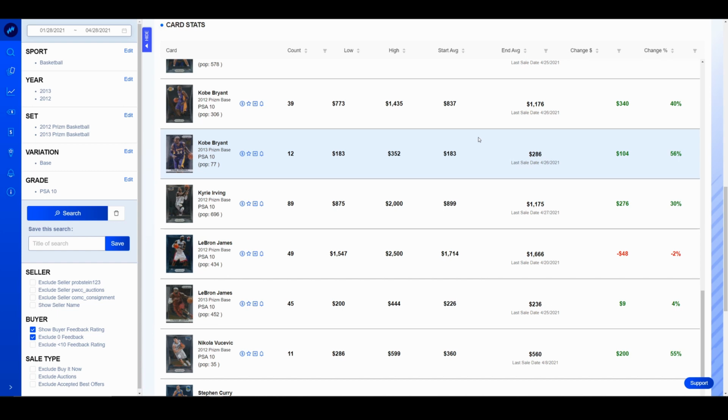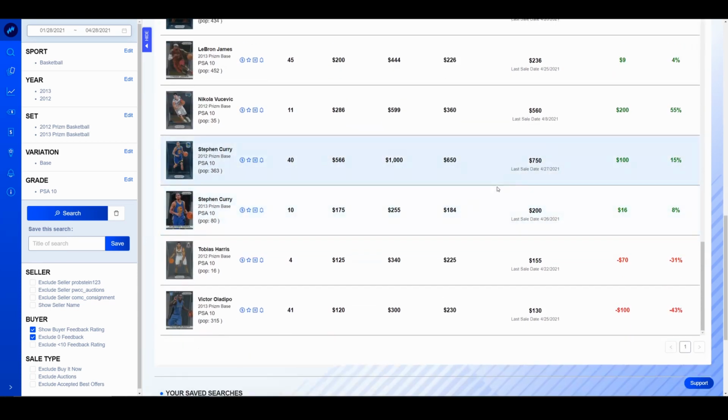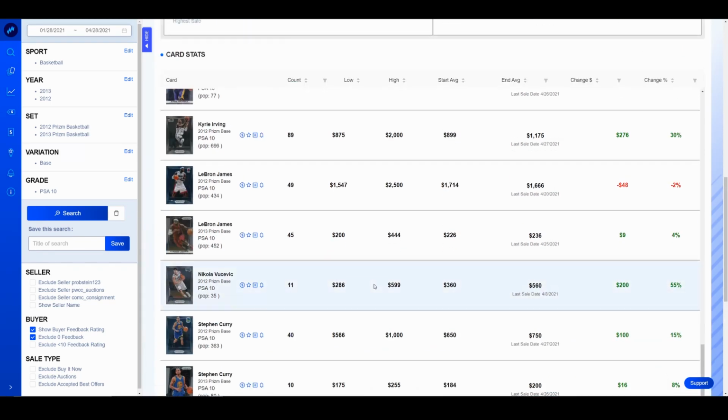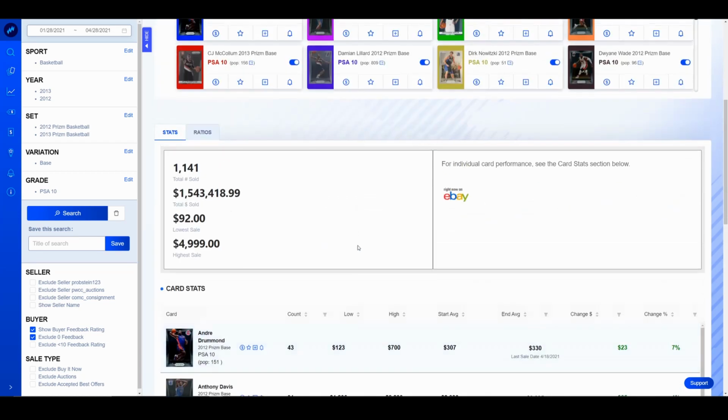We basically, let me just finish this up real quick. Vucevic up. That was because of the trade. Steph Curry up. That's because he's insane. And that's pretty much the end of the list. Victor Oladipo down a bunch. Tobias Harris down a bunch. Once again, not many guys up. Which just goes to show you,